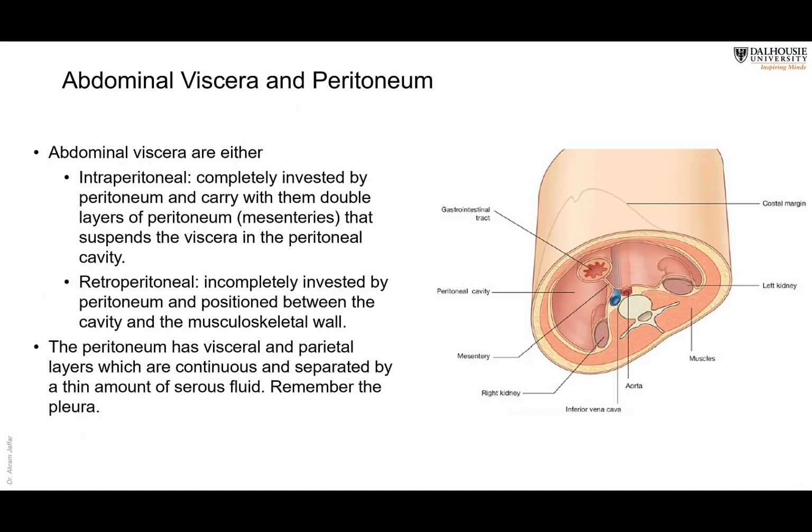Now, inside the abdominal cavity, we have another cavity, which is called the peritoneal cavity. And this is the same story as the pleural cavity and the pericardial cavity. Again, there's a serous membrane, which is called the peritoneum, and this is a continuous membrane. When it lines the walls, it's called parietal. When it covers the viscera, it is called the visceral peritoneum. And in between these two is a very thin layer of serous fluid, and obviously this reduces friction, because inside